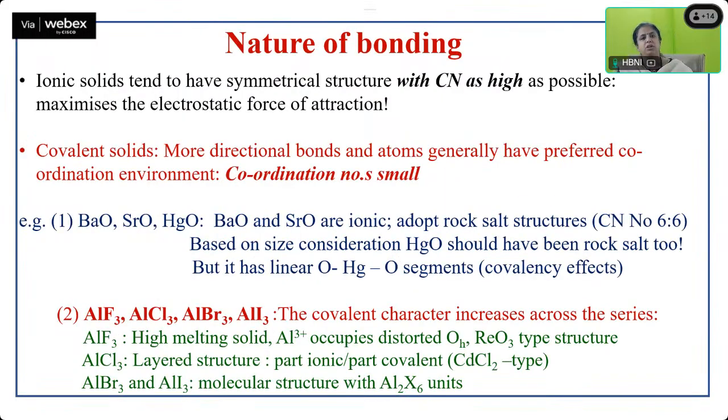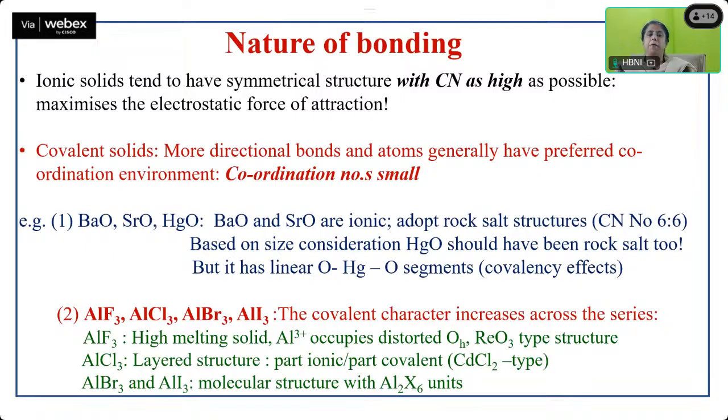Nature of bonding. How does nature of bonding suggest a guideline for structure? Now what happens is, in a covalent bond, if the compound that you're looking at has relatively more covalent bonds, covalent means there is a sharing of an electron pair. Now, when there is a sharing of electron pair, the electrons are concentrated between the two atoms. What does it mean? The bonds are directional, and the atoms generally have very preferred coordination environments. It doesn't depend upon what the counter cation or anion is,